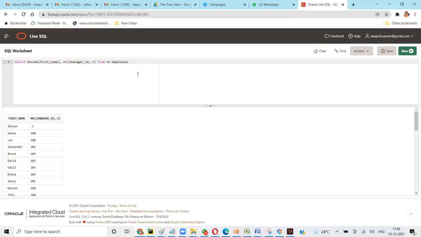Now if first name is Steven, so this is the if condition, right? So first name, if it is Steven, is going to match the same spelling. Then I'm going to convert this as boss, let's say.